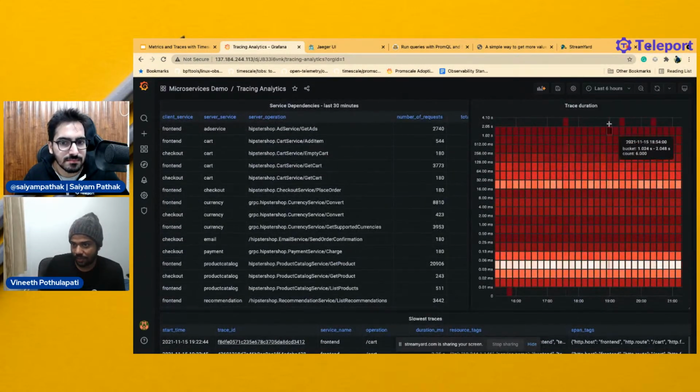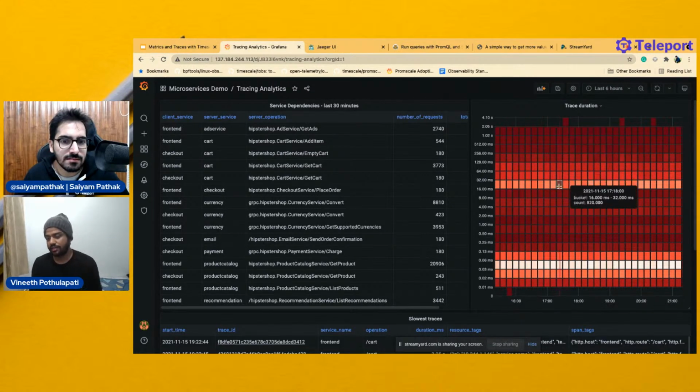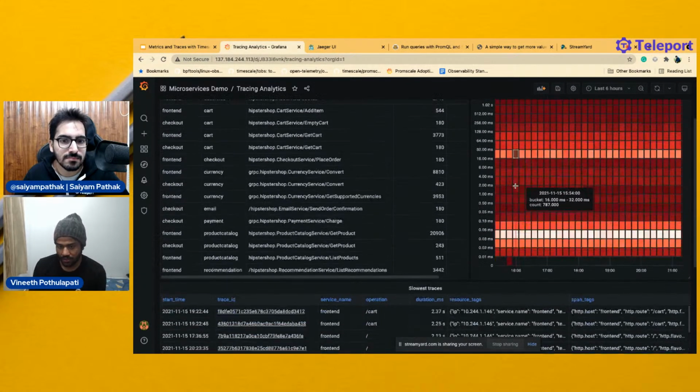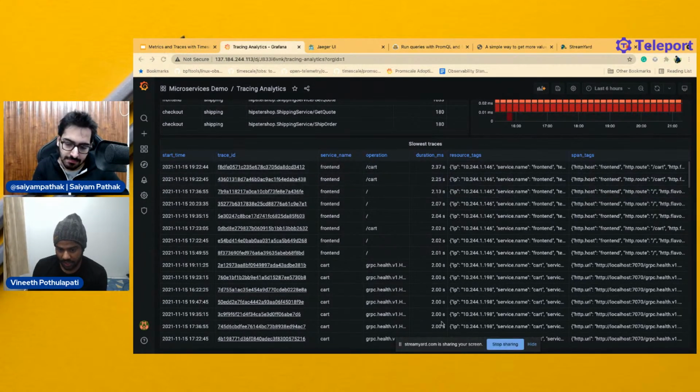And this is the heat map of trace duration. At 6 p.m. today you can see that a specific trace is taking 4.10 seconds. It just gives you the distribution of traces based on the time consumed. And here you have the slowest traces. Here you can see the timestamp, the trace ID, and the service name. An operation to cart is taking 2.37 seconds in duration, with resource tags as